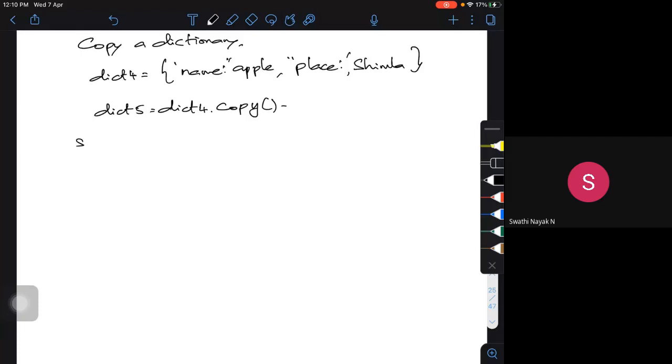So, sorting a dictionary. Let me create a dictionary, dict5. Let me call the entries person A, person B, and so on.